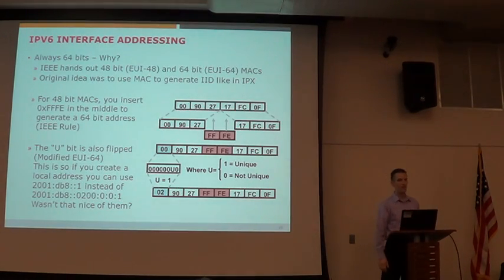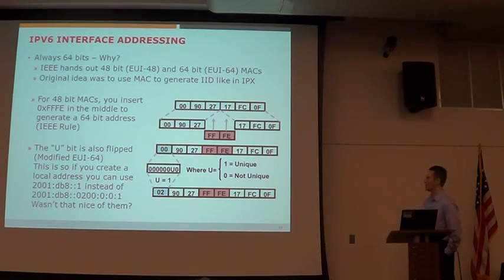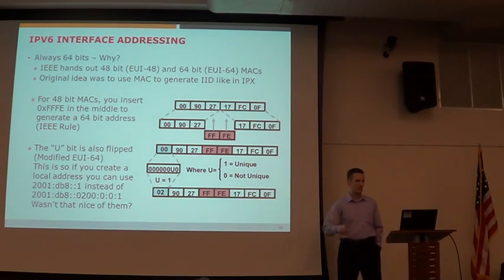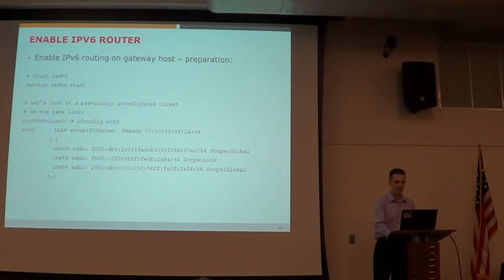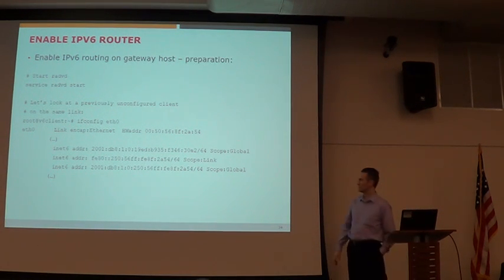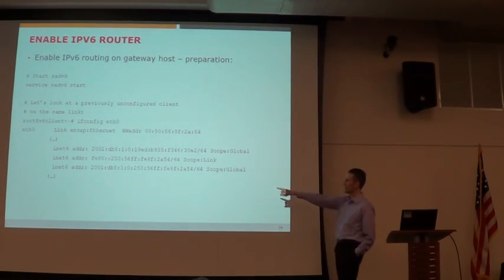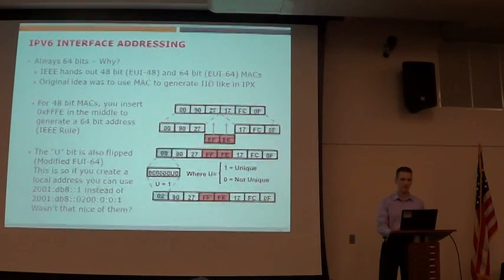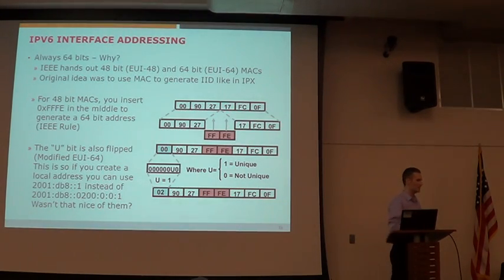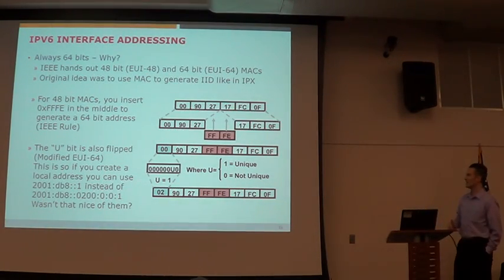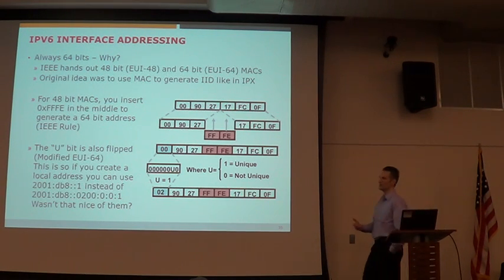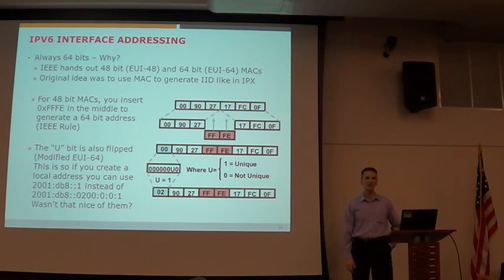Okay, so I don't want to spend much time here. This is kind of a reference slide, but just so you know, if you look carefully at these addresses, and I'll come back to this, you'll notice that there's a resemblance to the MAC. This kind of drives me nuts. A lot of people say that we have 64-bit interface identifiers because, I don't know, IEEE wanted to make our life hard or something like that.